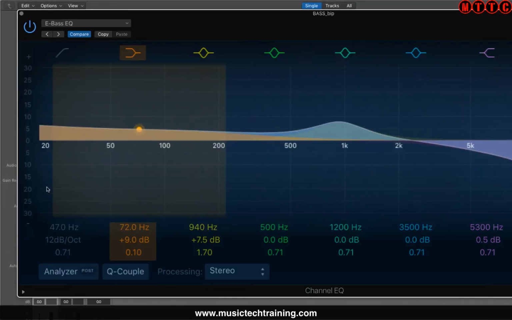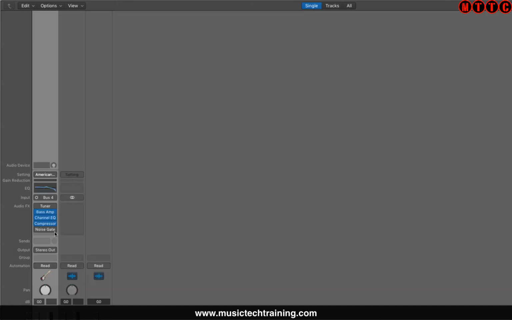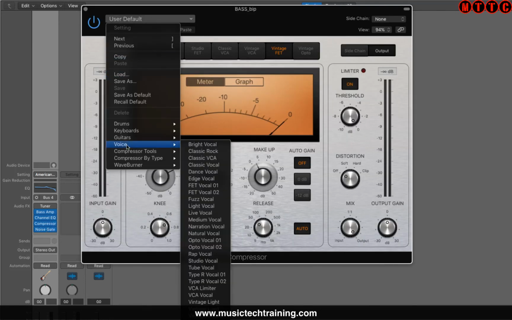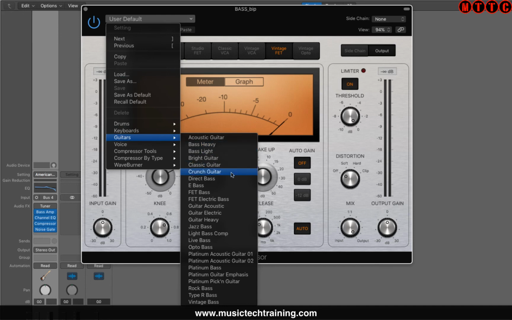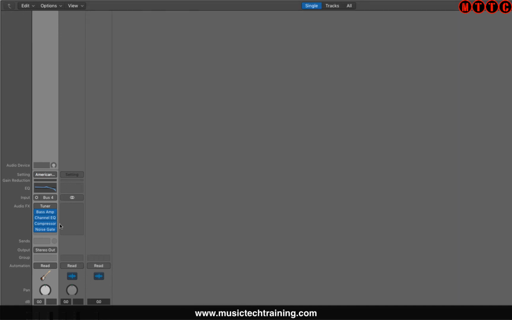Okay, now let's say for example we've chosen a few settings and we're quite happy with these plugins. Maybe let's switch the noise gate on and choose another compressor setting. Let's go for one of these. Let's say it was bass light. Okay, great. All right, now I'm happy with that, and I want to be able to access these settings again